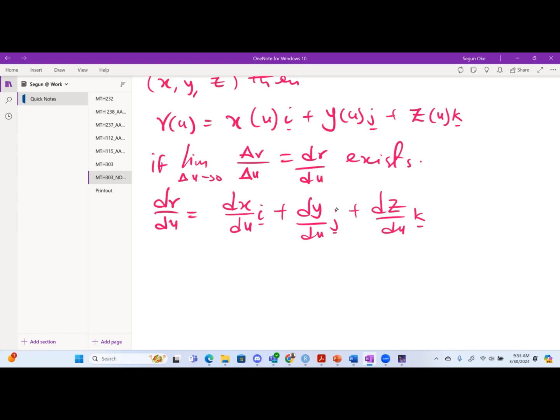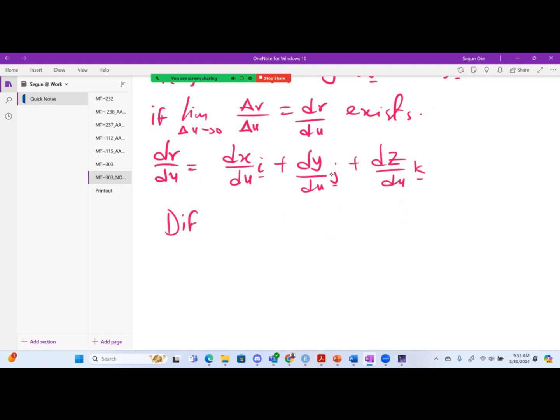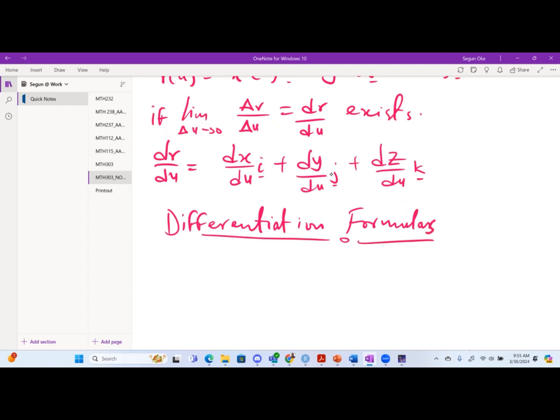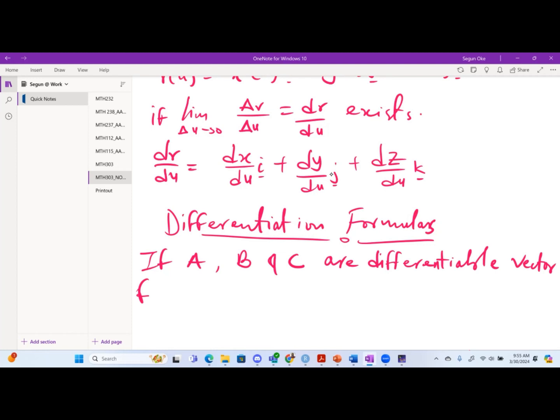But let's look at the laws, the formulas, the laws that govern differentiation in this context. Differentiation formulas. Some of those formulas will come up in your exams. So if they ask you, they say if A, B, and C are differentiable vector functions of a scalar u,